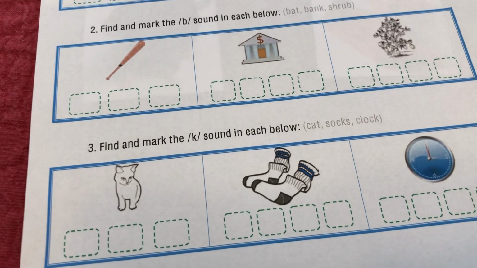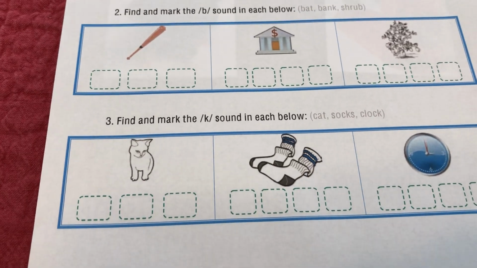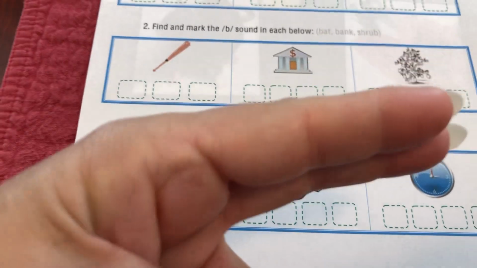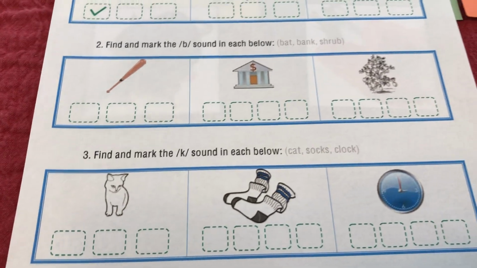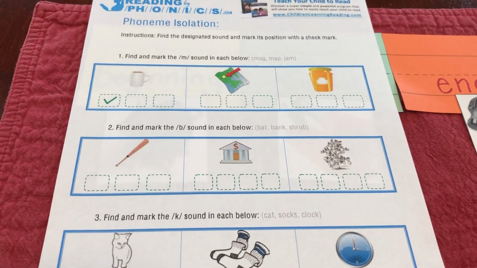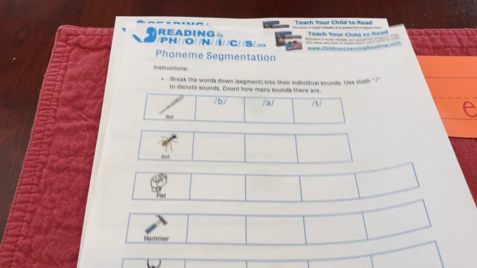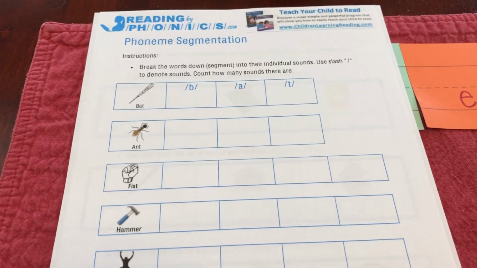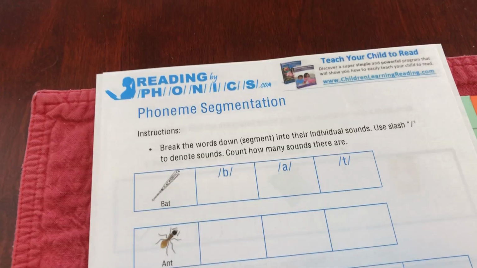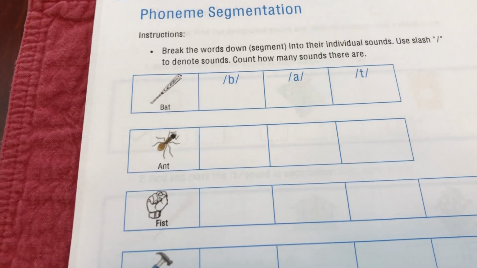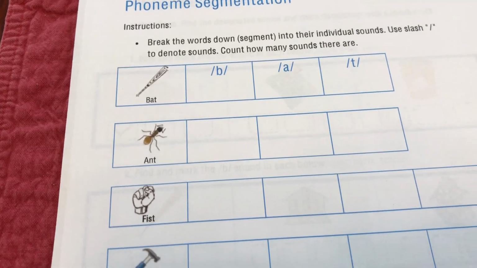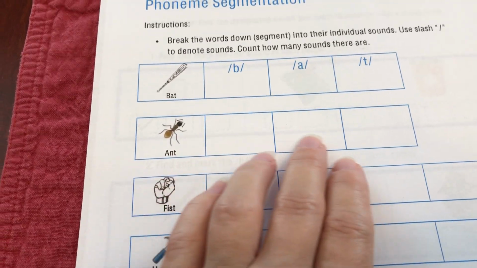In the last row, we're looking for things that begin with a k sound. And that can include words that have C or K. So it's the k sound. We have cat, socks, and clock. So that's an activity that you can work on because this is what it leads to. When you can isolate those sounds, you are ready to segment. You are ready to put all of the sounds together to sound out words. Words that are not just sight words that we have learned automatically to accept, but to sound out: ant,